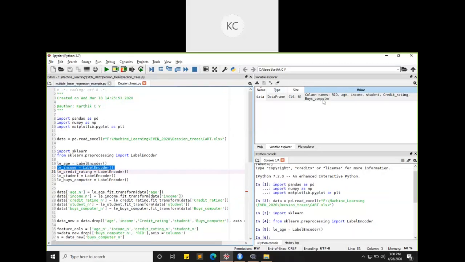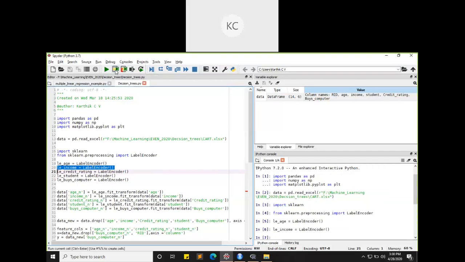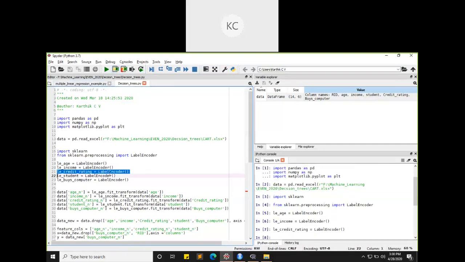Totally I have 5 variables here: age, income, student, credit rating, and buys computer. So I'm creating an alias for each. Alias means it is like a copy.